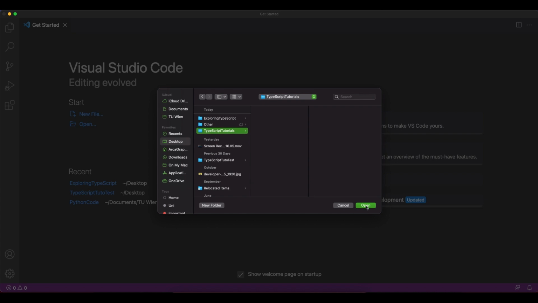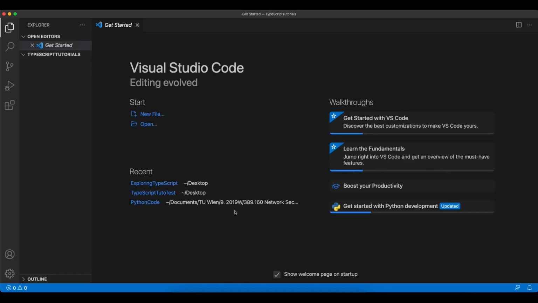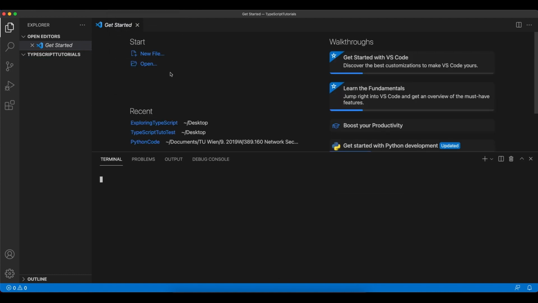Once we have set up our environment, the next step is to install TypeScript in that environment. In order to do that, open a new terminal by clicking on Terminal on the menu bar and choose New Terminal. The first thing I'd like to make sure at this point is to see if npm is properly installed, which we already did by installing Node.js. In order to do that, I will just check the current version of npm. I can type